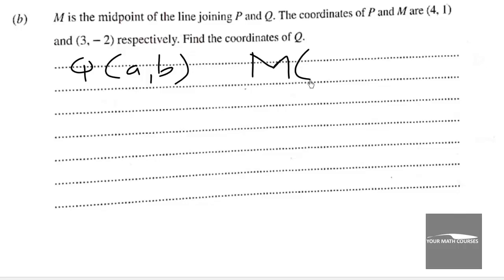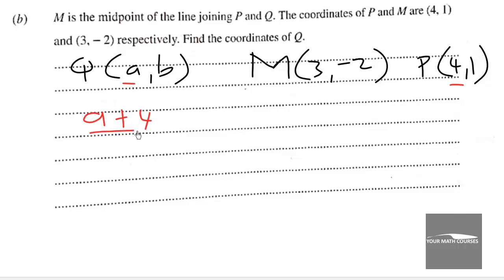M is 3, negative 2, and P is 4, 1. So when you add this and this and divide by 2,